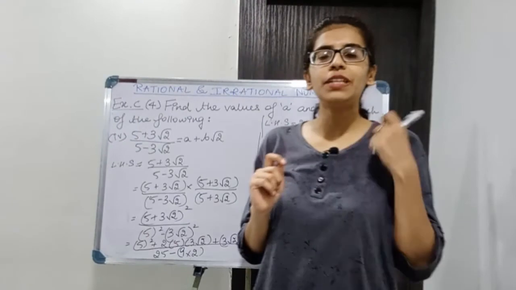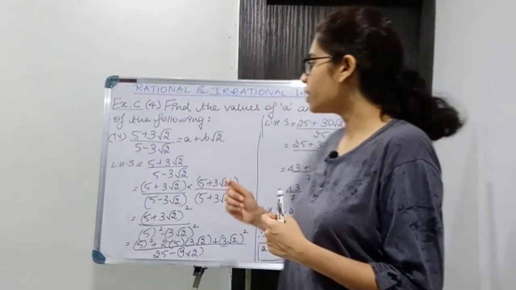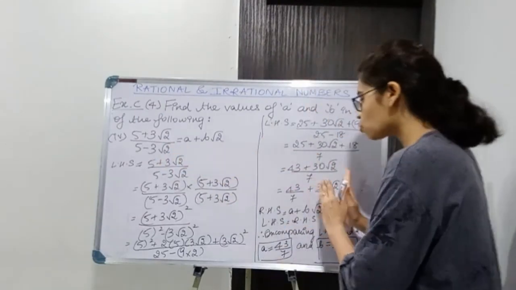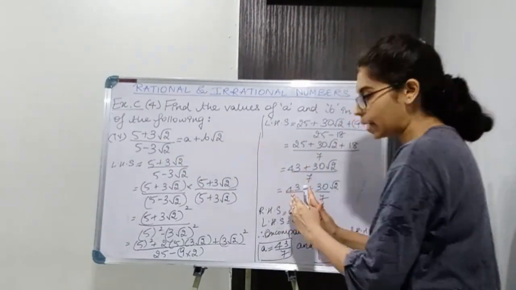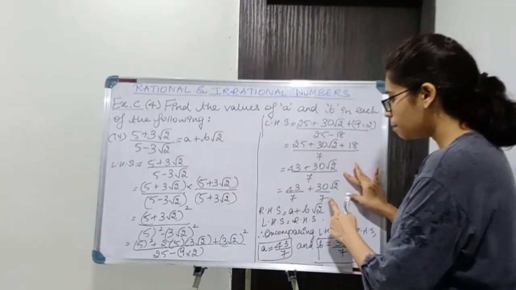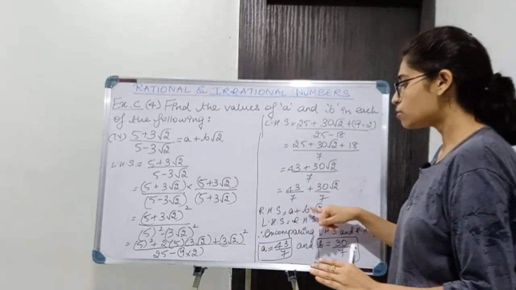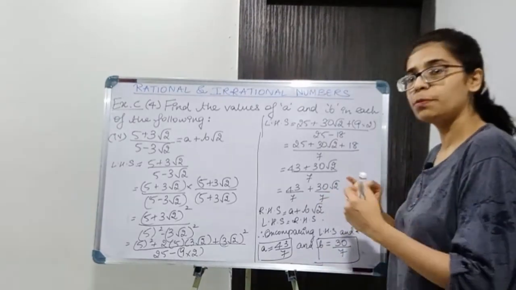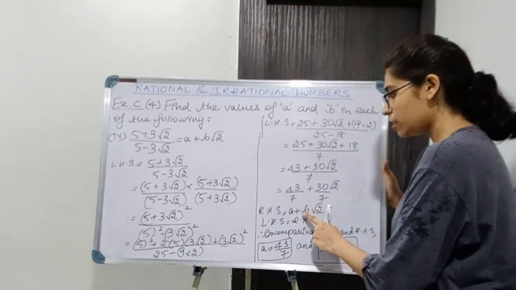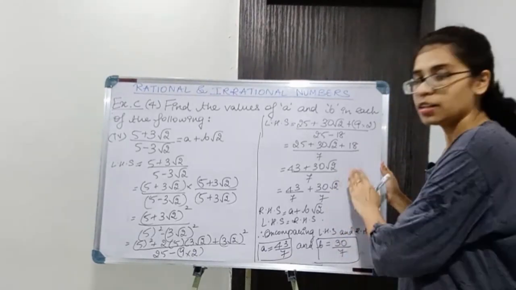Now in these sums, please be careful while comparing a and b with the given numbers. Over here I have compared a with 43/7, which has no root associated, so what has no root with it I compare with a. And b has √2 with it, so obviously this is going to be b√2, and √2 should not be included. So b is not 30/7 √2, it is going to be 30/7 only, because √2 is separate. Okay, so b is 30 by 7 only. It is not going to be 30 by 7 into root 2.